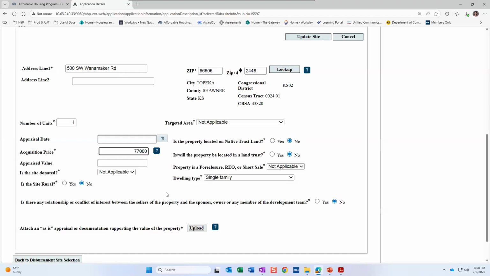Apologies. I noticed the asterisk is showing up here for the appraisal. I think this may be a rehabilitation project issue. If you try to click update site right now, it's going to give us an error for the appraisal. If you get an asterisk here and you do not need an appraisal, meaning the member does not own the property, you can upload just a blank document here saying that no appraisal is needed.